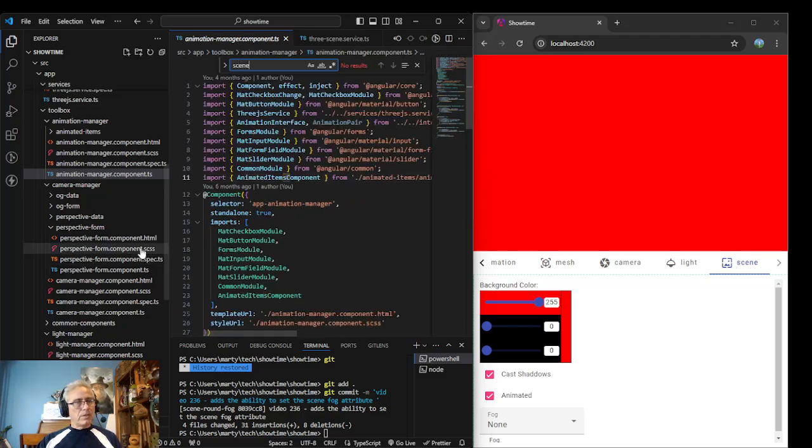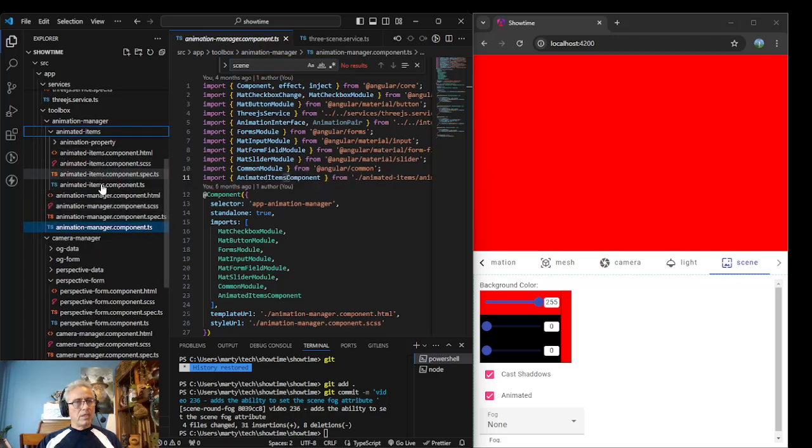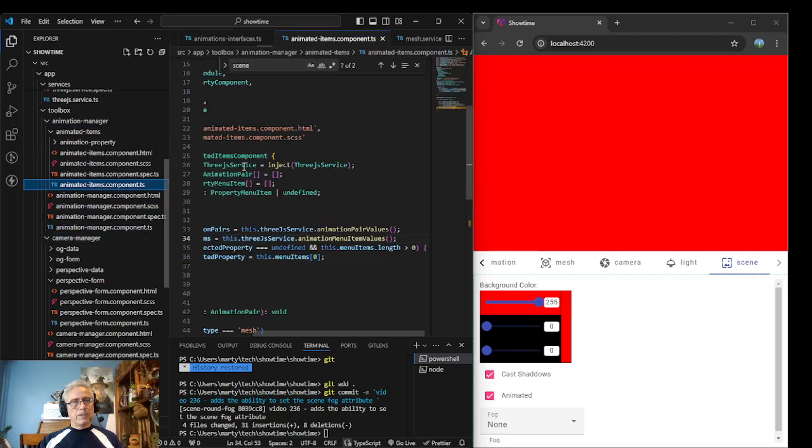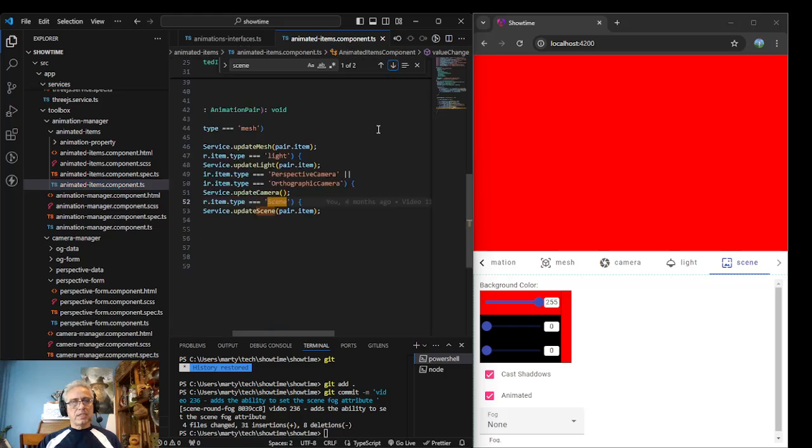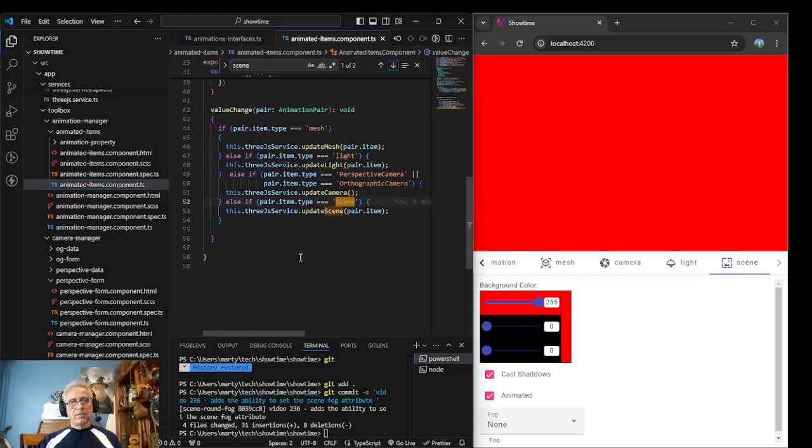Okay, so yeah, then if I remember correctly, we have animation items, and let's come in here. Scene is in here twice. So we say if the type is scene, then update scene. So let's just see console.log